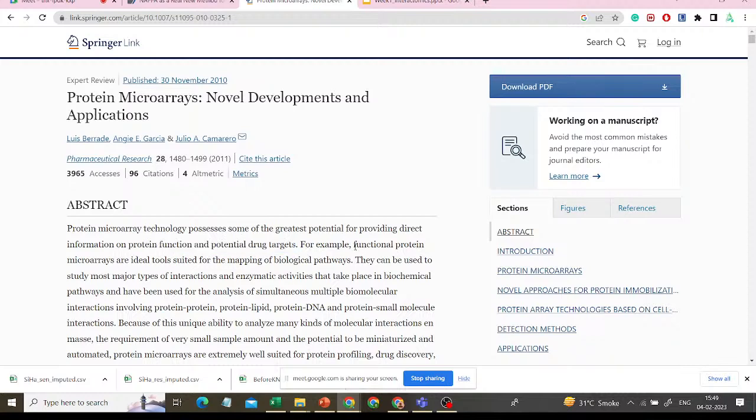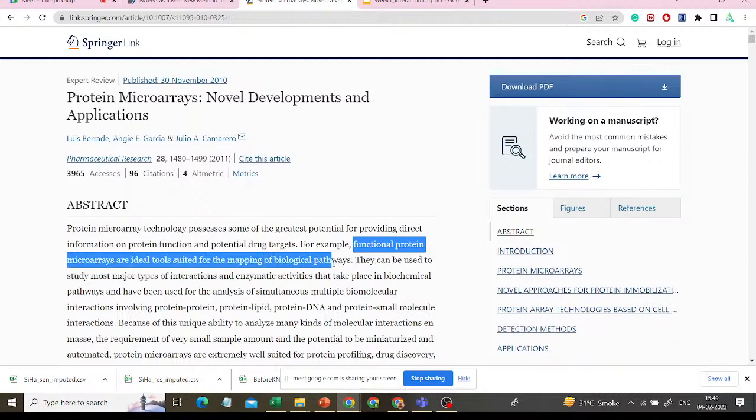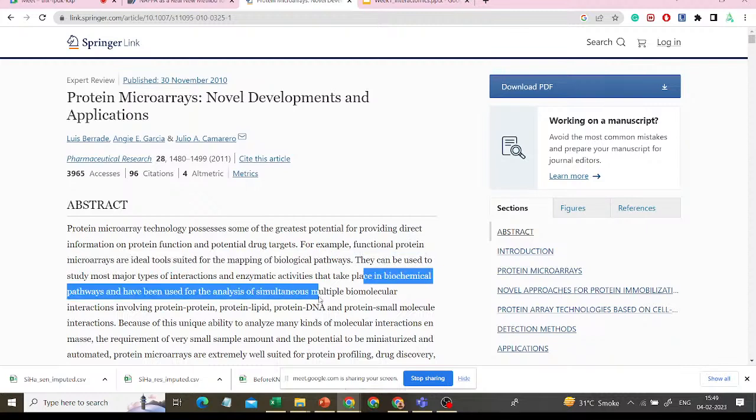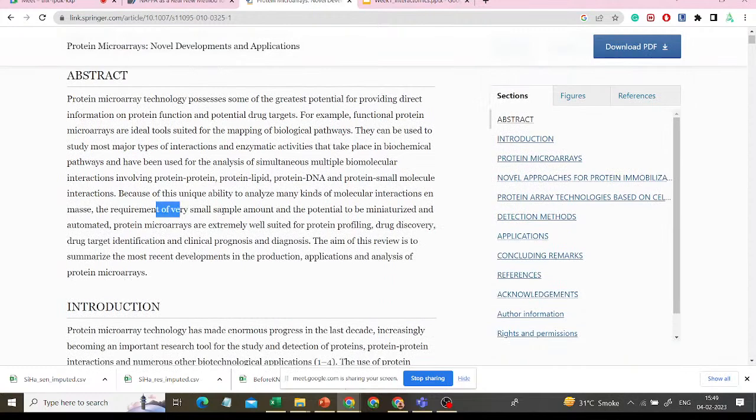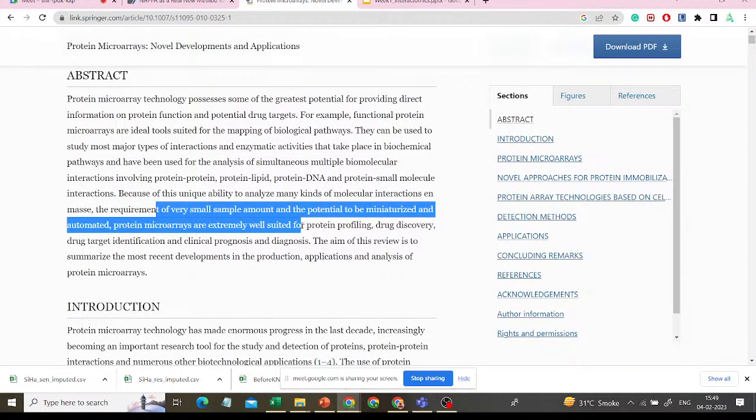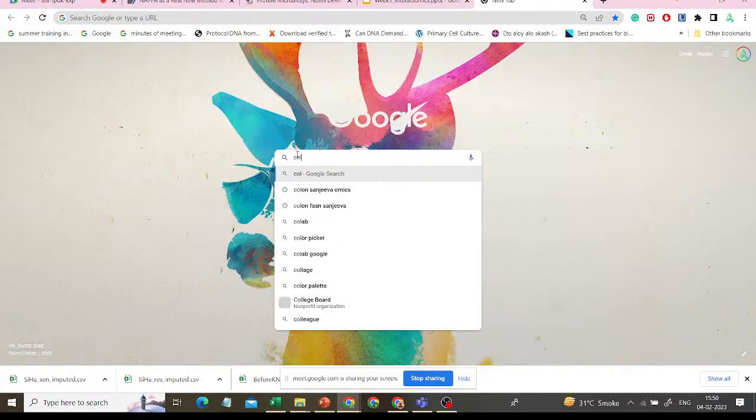So, for example, functional protein microarrays are used for the mapping of your biological pathways. That takes place involving protein-lipid, as I have just mentioned, protein-DNA, and protein-small molecule interactions. The most important advantage here is that you need a very small sample amount. And protein microarrays will help you to profile your proteins, for drug discovery, drug target identification, and clinical prognosis and diagnosis, right? So one example I would like to give, which is a recent